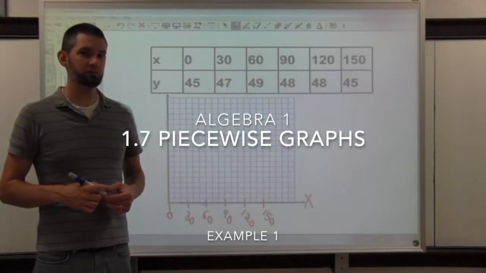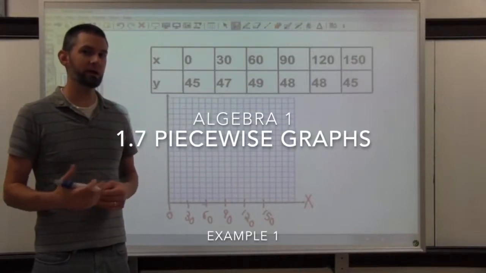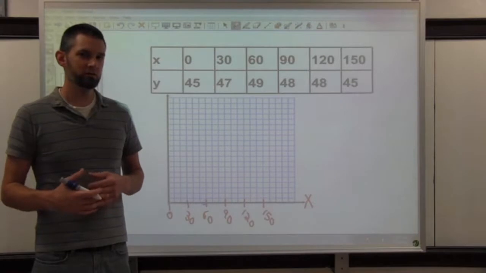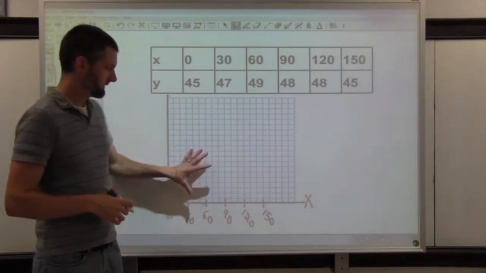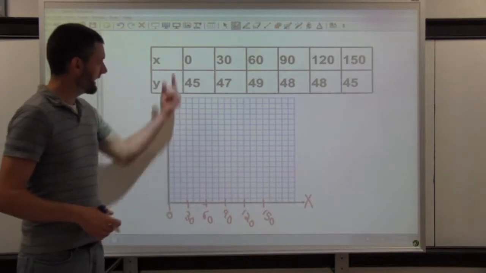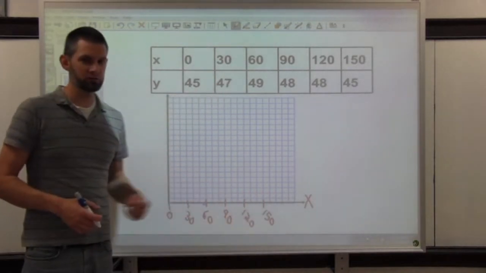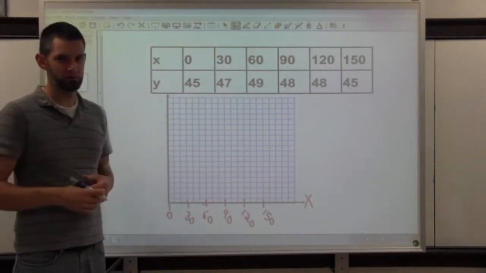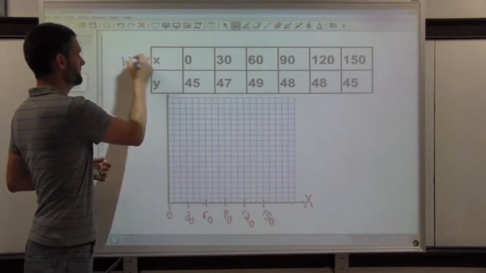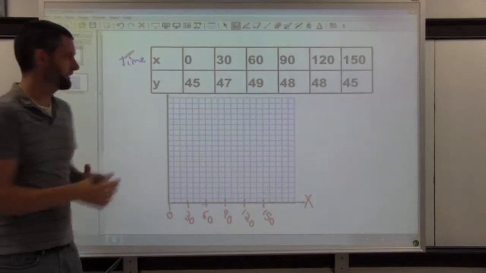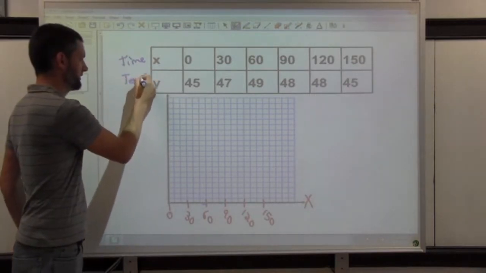So we've already talked about graphs a little bit. We've talked about lines. Let's take a look at a situation where we have just some points that we need to graph. Got it already set up. I've put the x values along the x-axis. These are independent values. Maybe this is the time in minutes of something, and we're checking the temperature after each